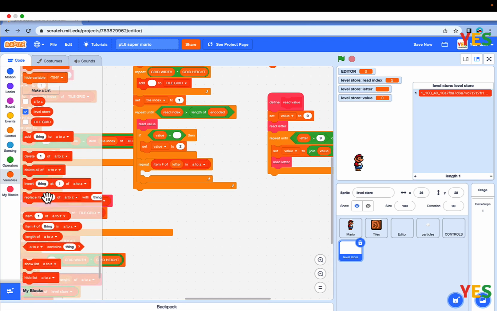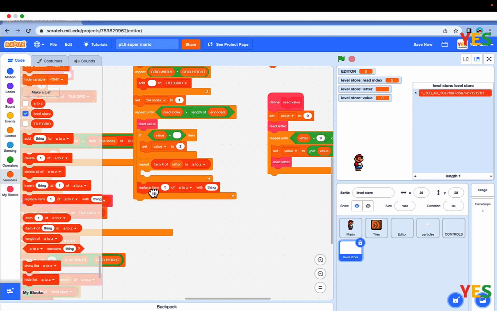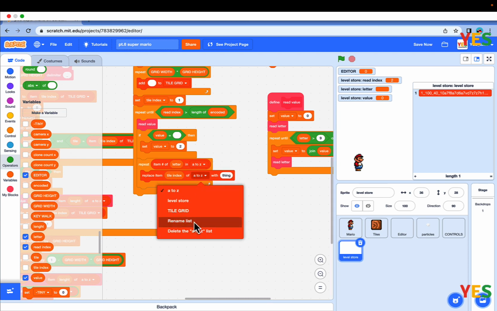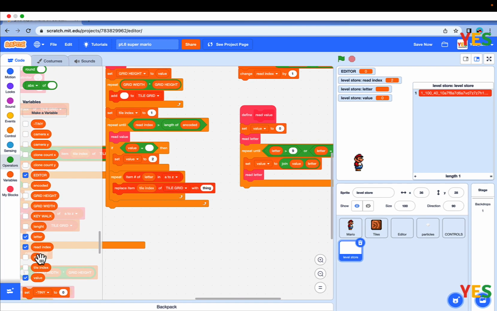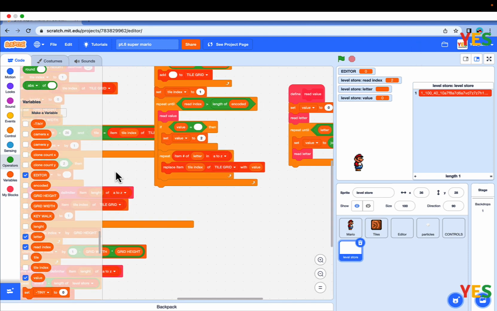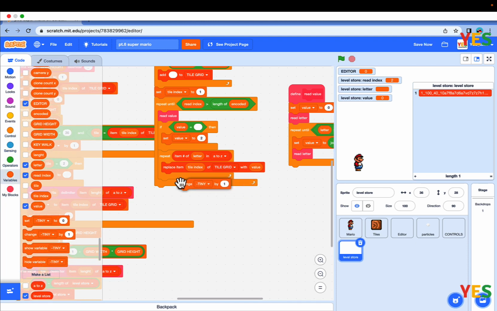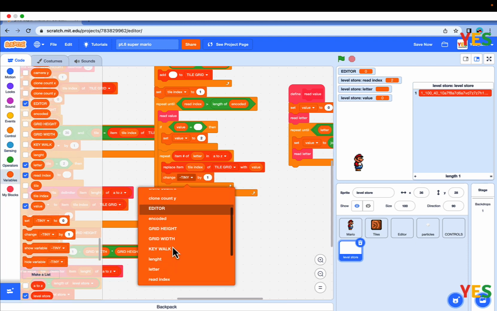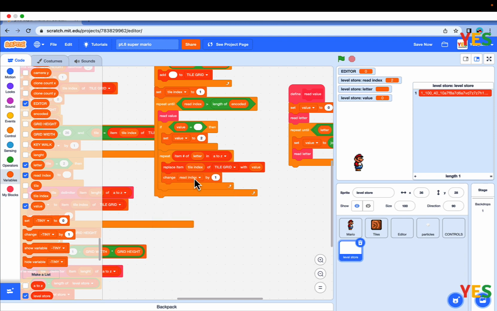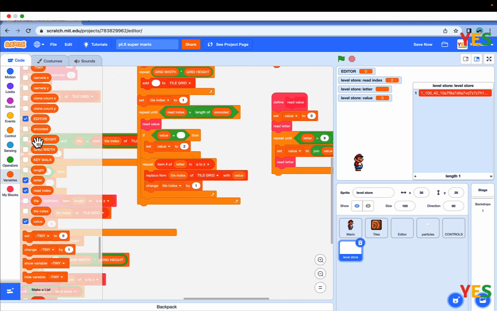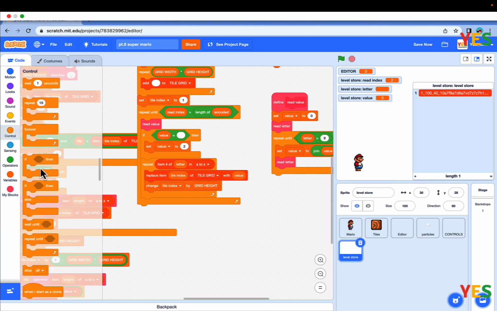And we simply replace the replace item of tile index of tile grid with value like that. Then in the loop we change tile index, not read index, tile index by grid height, and check if